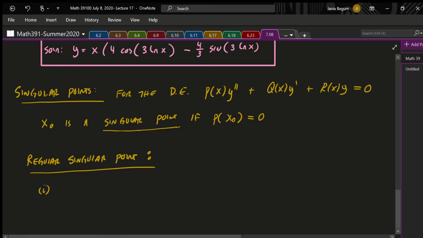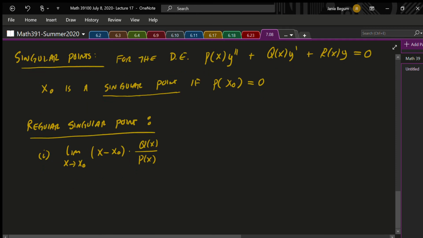One, you take the limit as x approaches x0, that singularity, of x minus x0 times q of x over p of x. And we take another limit as x approaches x0 of x minus x0 to the second power times r of x over p of x. So now we take this limit. If these limits are finite, both of these,